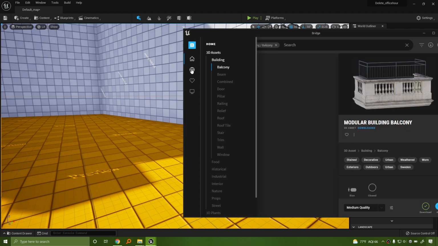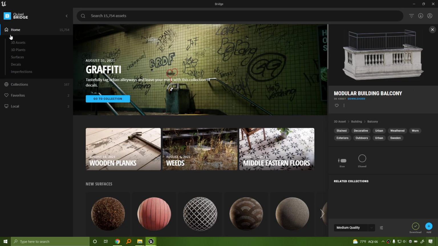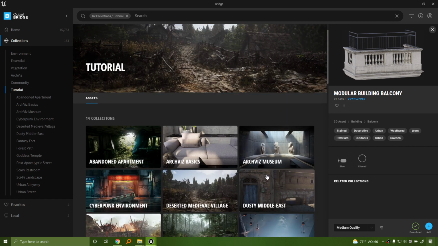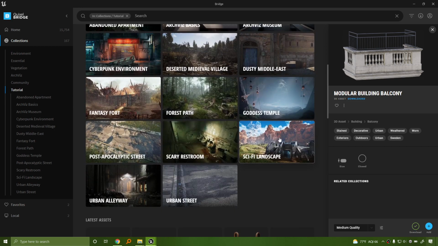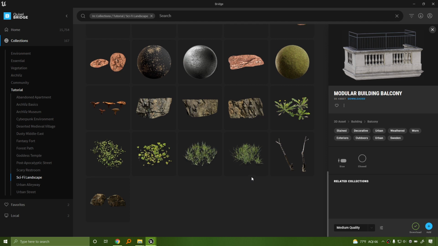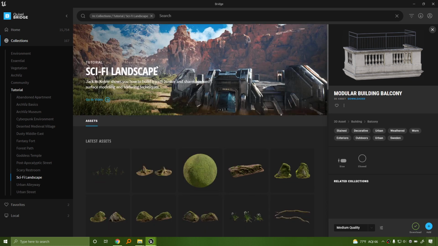And they have a ton of stuff. Let's go ahead and open this up and see what other stuff they have. For example, if you go into the tutorial section, they have a bunch of stuff that you can use. Like the sci-fi landscape, for example, has a ton of individualized assets that you can bring in, including giant rocks, boulders, huge Icelandic chunks of... You see kind of what's there. Everything that is seen here, you can actually go to the video and watch how they built it. If this looks like Blood Gulch, it's because it is. Halo fans, you might want to check that out.